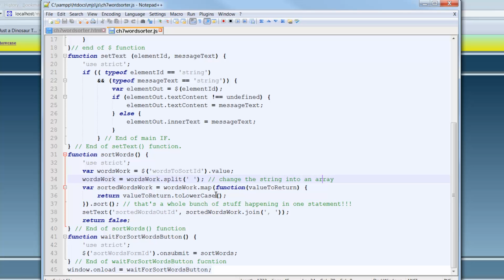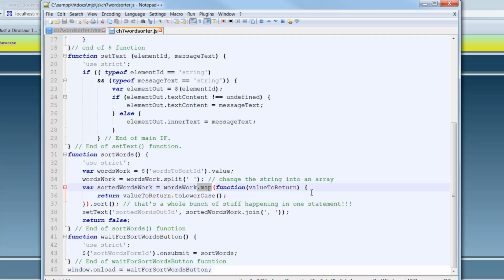So that's the word in lowercase. What this map method does, well, a method is a function inside an object, but this map method takes each value of the array and applies this function to it, and then we return that value,